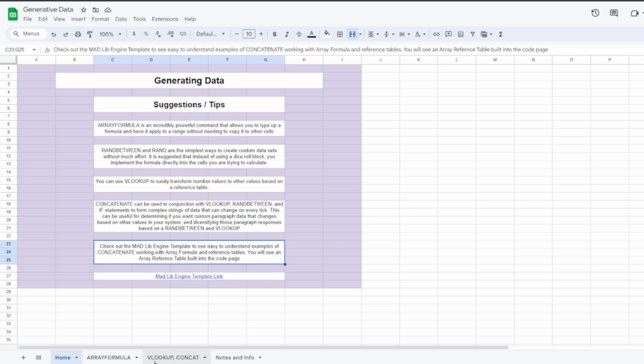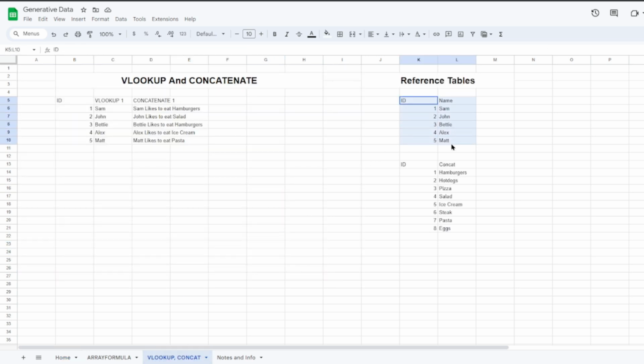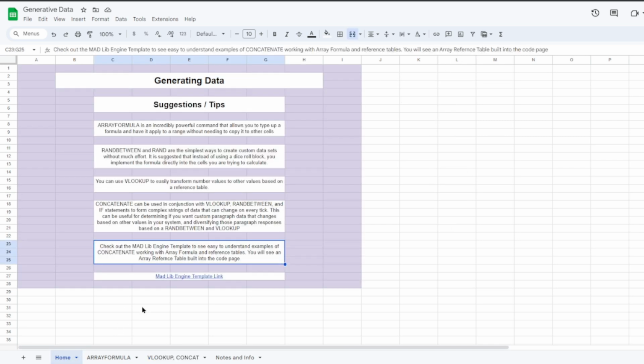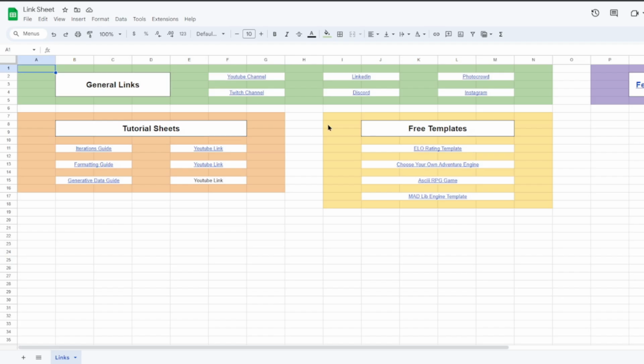And the difference between an array reference table and a regular reference table is instead of building a table with IDs and answers that you reference with VLOOKUP or vice versa, you are making an indirect reference that you are calling through a cell. So one example that I have of this functioning is, I believe on my link sheet,